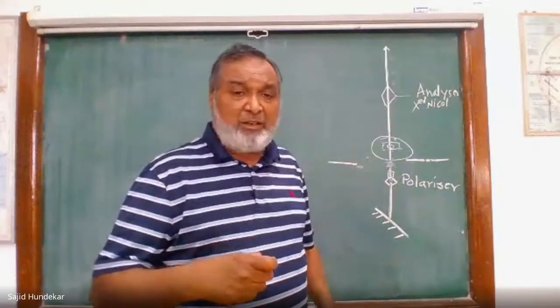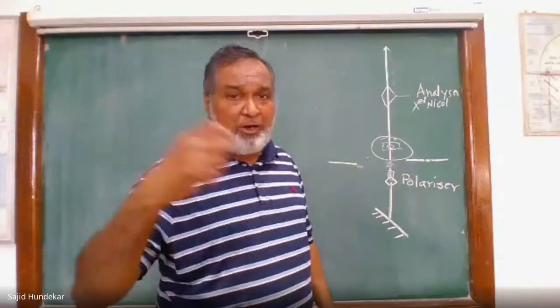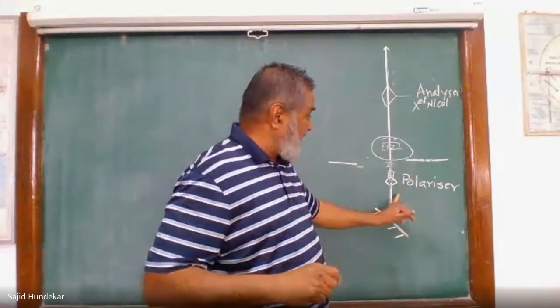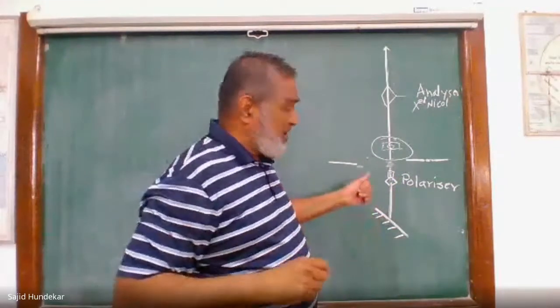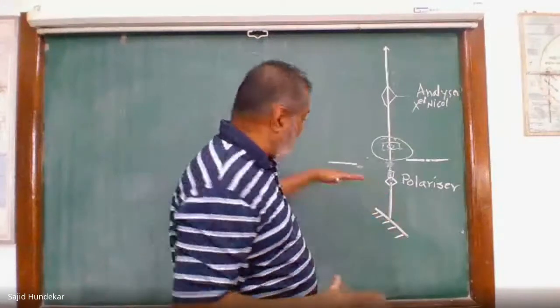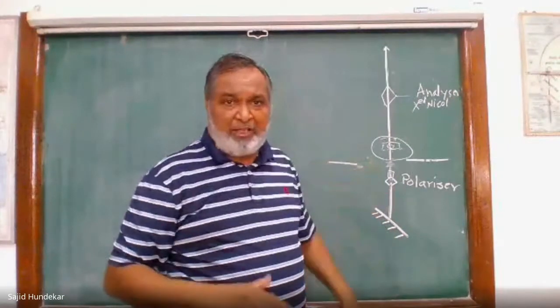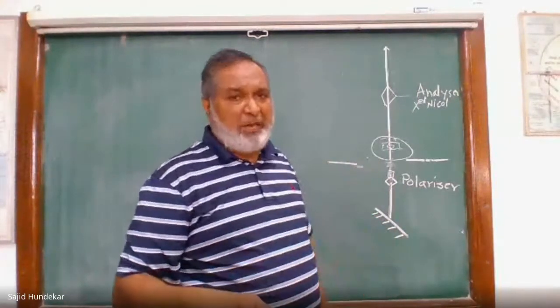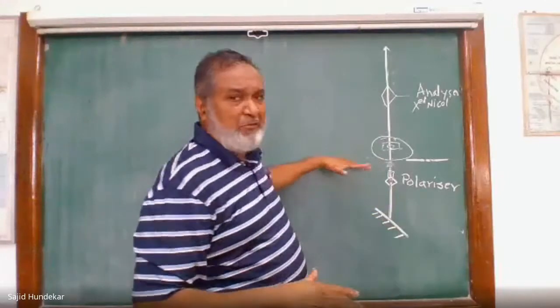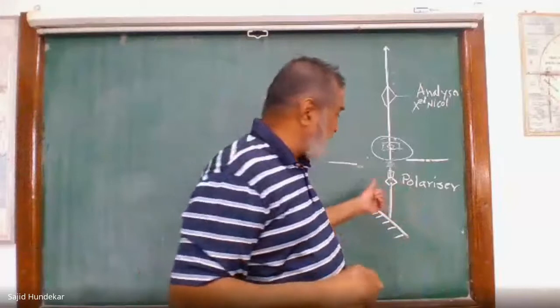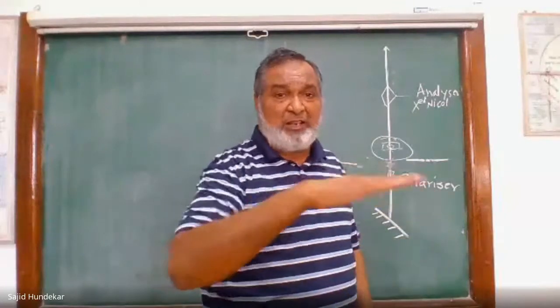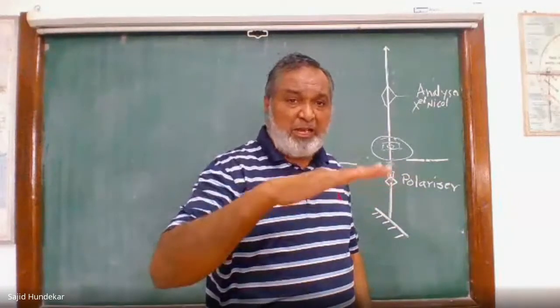Why is it a polarizer? When the ordinary light enters the polarizer and comes out, at that time the light will be vibrating 90% in a single plane. In a single horizontal plane, it is vibrating. Assume this plane is the one vibrating. So it will be plane polarized light. That's why it is called a polarizer, where the light will be vibrating in a single plane.